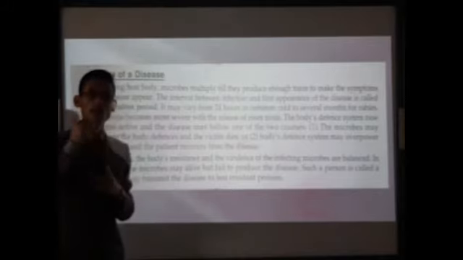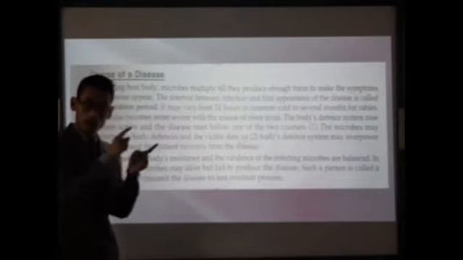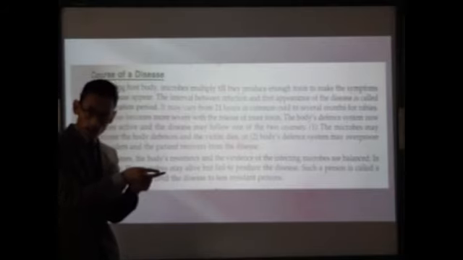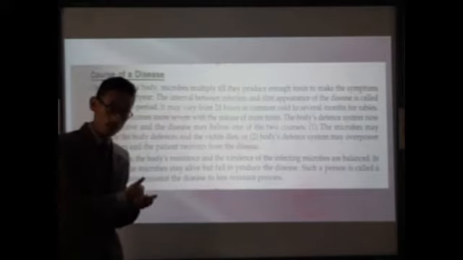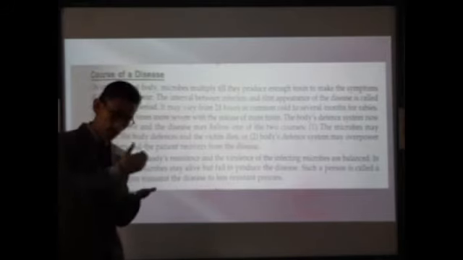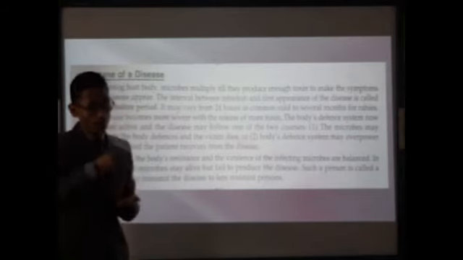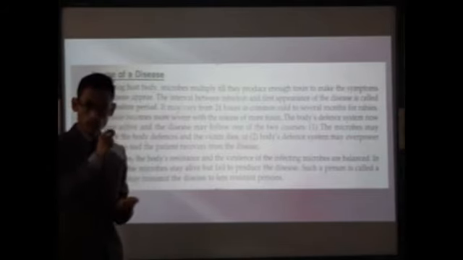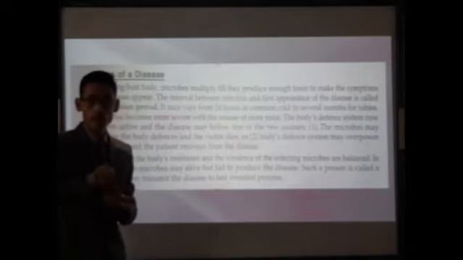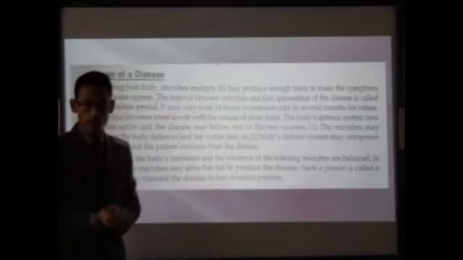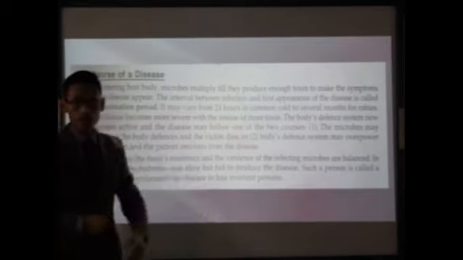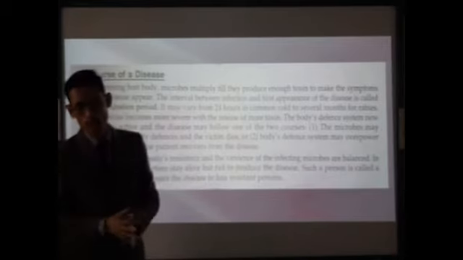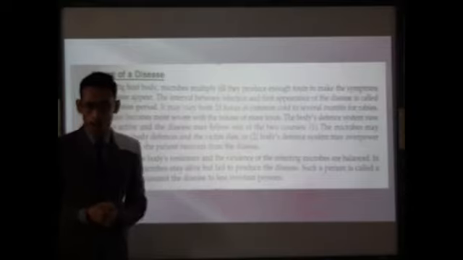So when the body immune system comes into action, number one, the individuals may die. Why? Because the pathogens may overcome the body immune system. They can resist it, the severity of disease keeps on increasing and the patient dies. Or number two, the individuals suffering from those invading pathogens will survive and recover. How? Because their body immune system will be so strong that it will overcome the invading pathogens or microbes, and therefore he or she will recover. So these are the two courses of the disease.